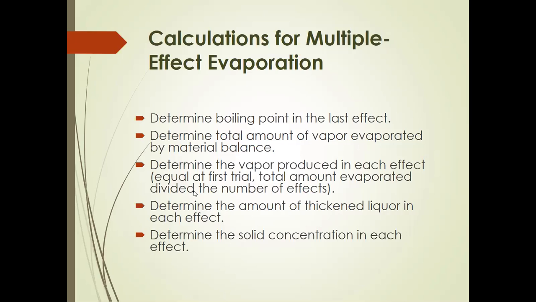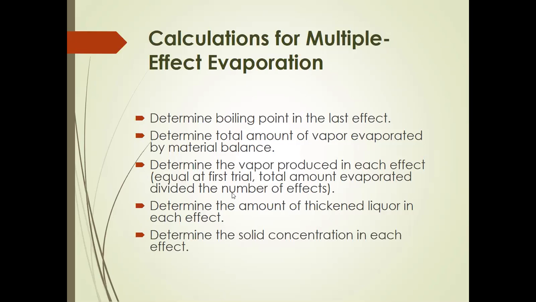Your first assumption is that the amount of water evaporated in each effect is all equal. Now, since you have assumed that they are all equal, there's a need for you to determine the actual amount of vapors and check whether the actual amounts that you have solved agree, or shall I say, are acceptable in comparison to the assumption based on what you have computed in step 2. So that is here in step 3.